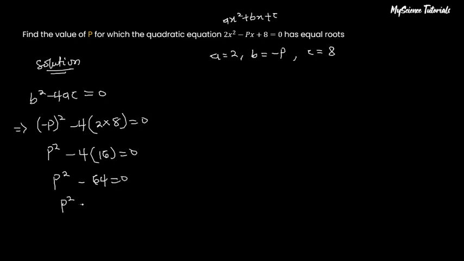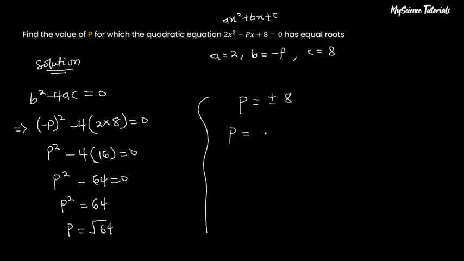So it means my p squared is equal to what? 64 over here, and then my p will be what? The root of what? 64. Okay, what that means is that my p is equal to, because we've taken the root sign of the value 64 over here, we need to add plus or minus, because whether it is positive or negative, it is going to fetch us the same result. So it becomes what? Plus or minus. The root of what? 64 is what? 8. So what that means is that my p is equal to either positive 8